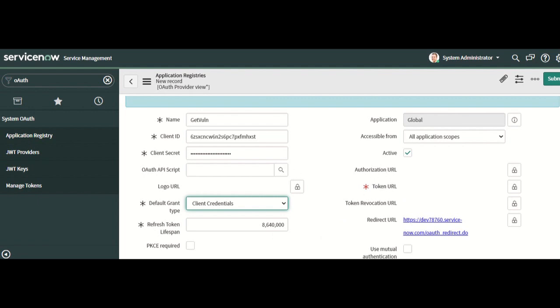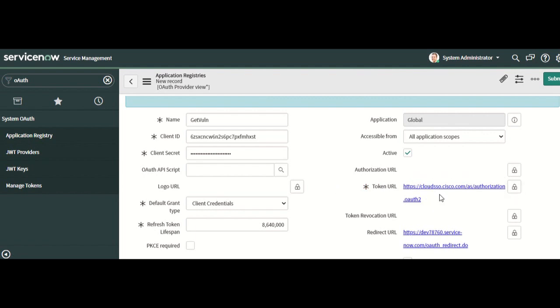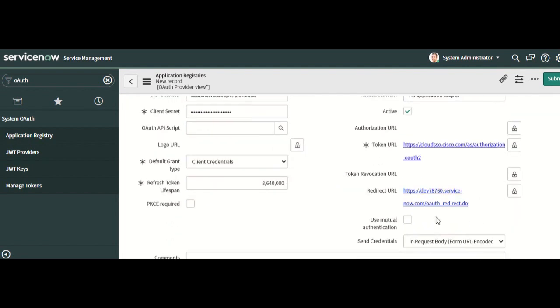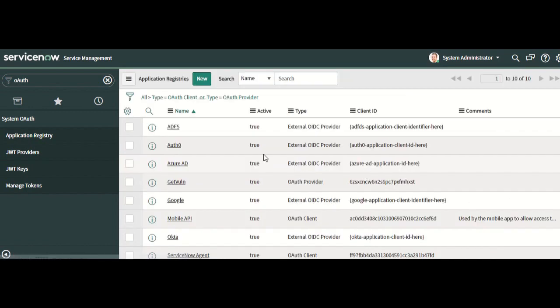Token URL: for this, we can go back to the documentation. So we got the token URL. We'll be copying it here. Once we have filled in all the information, this will be the redirect URL for ServiceNow, and it will be this by default. Click on submit, and the new OAuth profile will be created.